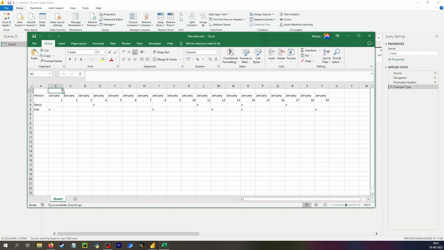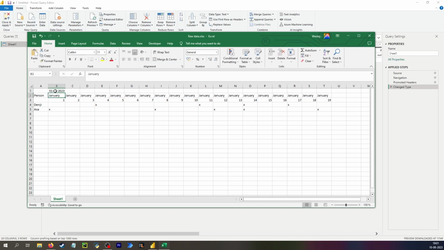So ideally I'd have a row up here that says the full date. So that would be the 1st of January 2023. And then this gets extended to all of my days, but that's not what I get from my raw source,